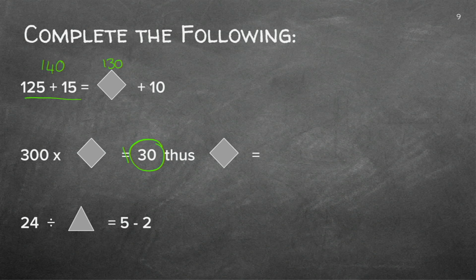Here we've got 5 minus 2 equals 3. I'm first going to get the answer on the right hand side because I've got both numbers and the symbol or the calculation. Now 24 divided by what will give you 3? Yes, that is correct. It is 8. Remember inverse operations, you guys? What is the inverse of division? It is multiplication. Check your answer. 3 times 8 will give you the answer 24.